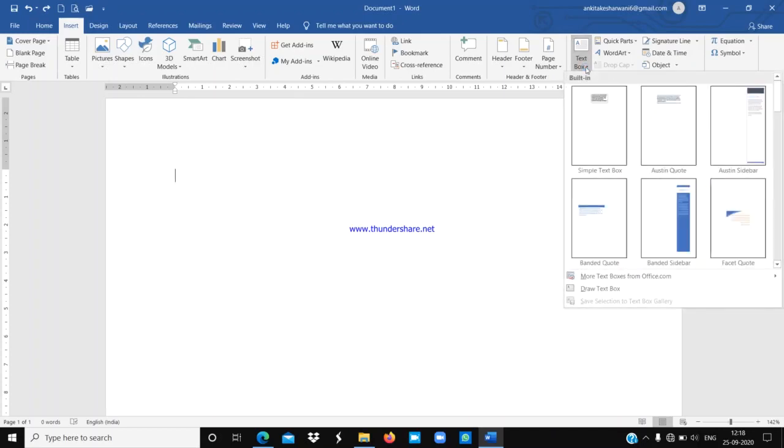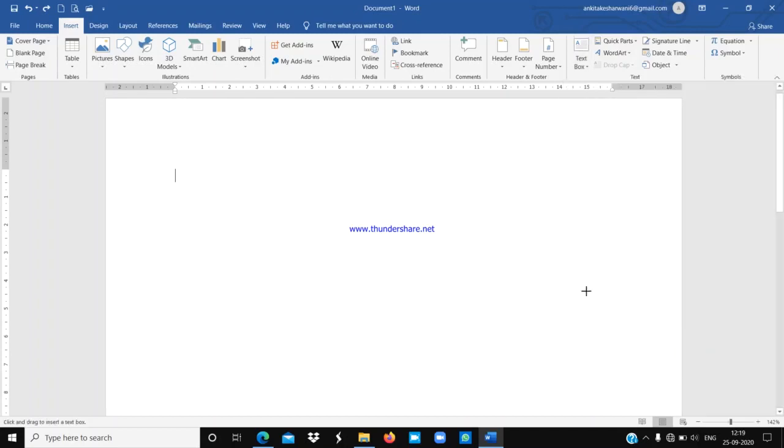As you click on it, this window will appear, and here you will find this option, draw text box. So you have to click on it.